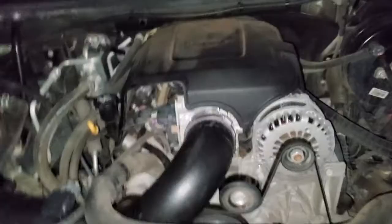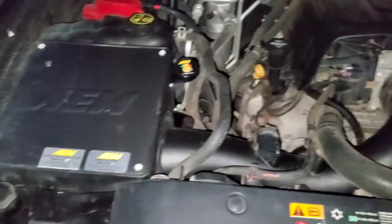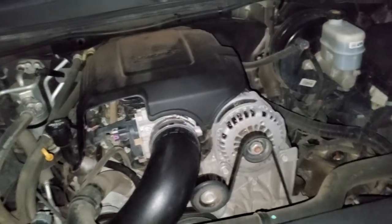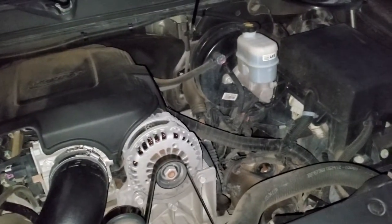Alright, there she is, my dirty 5.3 liter V8, complete with cold air induction. This old girl right here, she's got some miles on her. I've only owned the truck for about a year. I bought it when my Tahoe